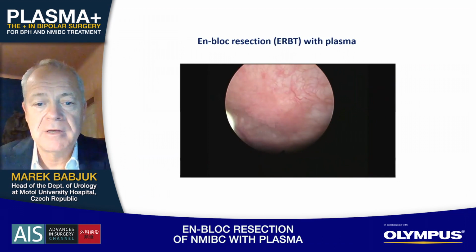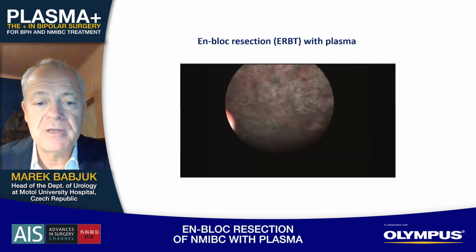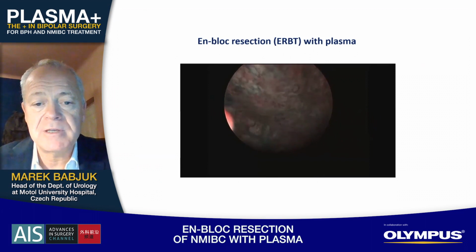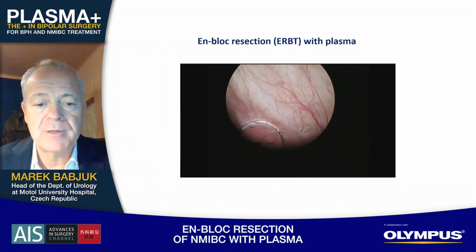This is another example of en-bloc resection using plasma. Here, this is the tumor in a not very favorable location. It is in the anterior bladder wall, but even here you may do it very safely. Now you can see the view in narrowband imaging, and now we will start with the retrograde technique,